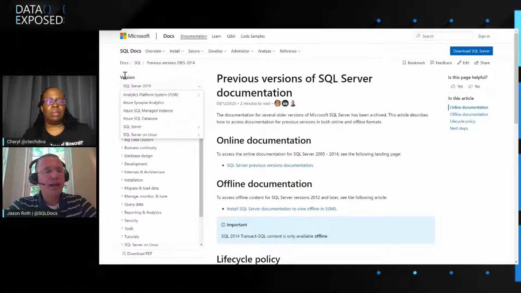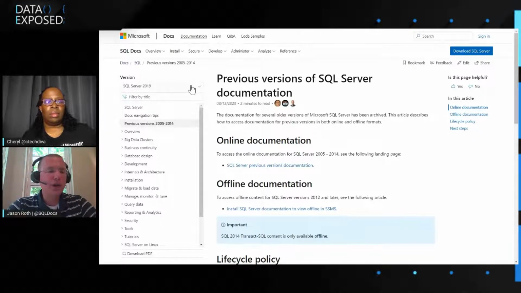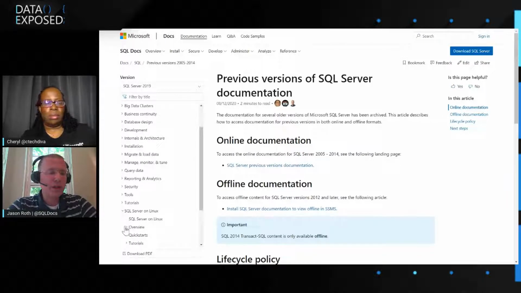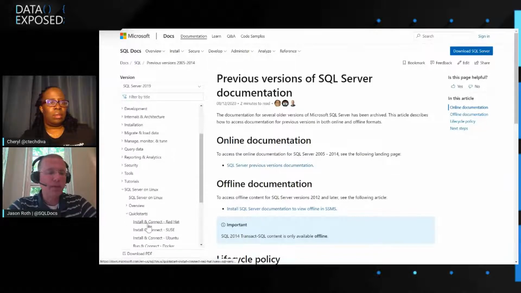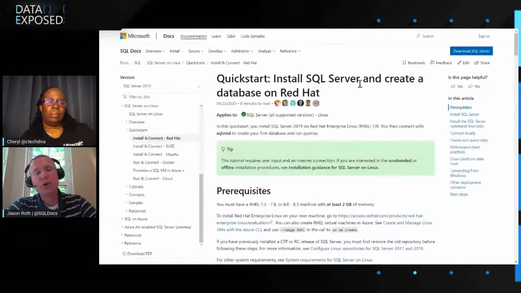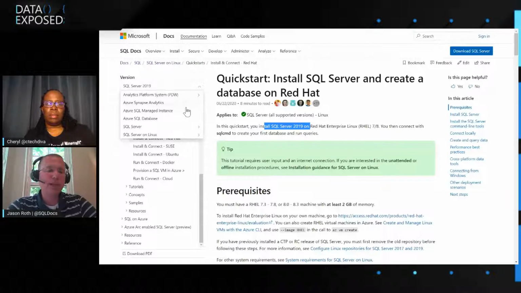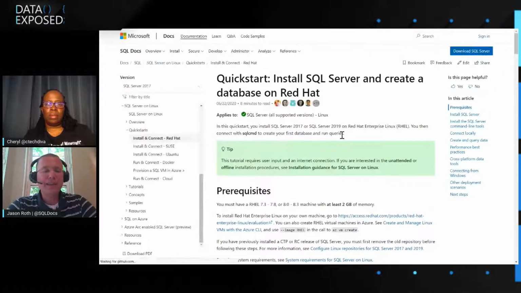And so not everybody may realize that there's this version dropdown up here. And I'm just going to illustrate that briefly. If we go to a topic in Linux, for example, and we say, how do I install SQL Server on Red Hat? The default is going to be SQL Server 2019. But let's say that you want to run 2017 on Red Hat. This particular article has been versioned. So if I drop down the version dropdown and I select SQL Server 2017, we'll see that the context of the article changes to 2017, and also the instructions change to 2017. And now most articles